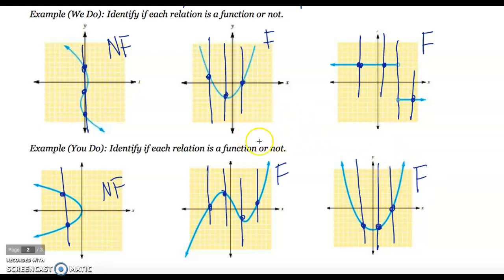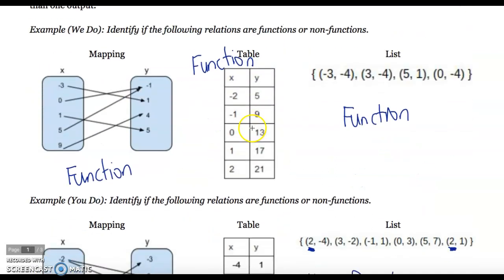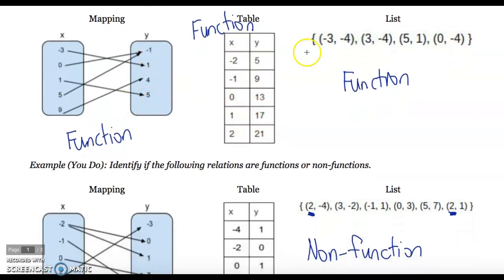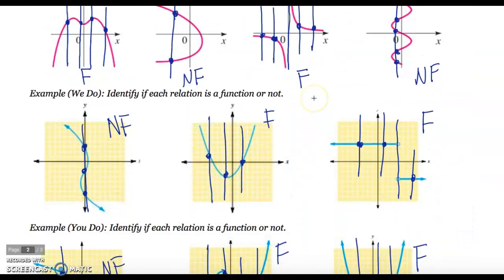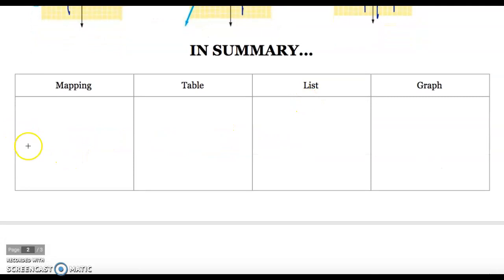So that is basically how you tell from different data sets. And data sets, remember, could be graphs or they could be tables and mappings like we did up here. Here's mapping, table, list. You can tell from there whether or not those are functions. In summary, if you want to write down some notes here for how to tell whether something's a function or not, from a mapping, you want to look for a non-function would result in 2 arrows